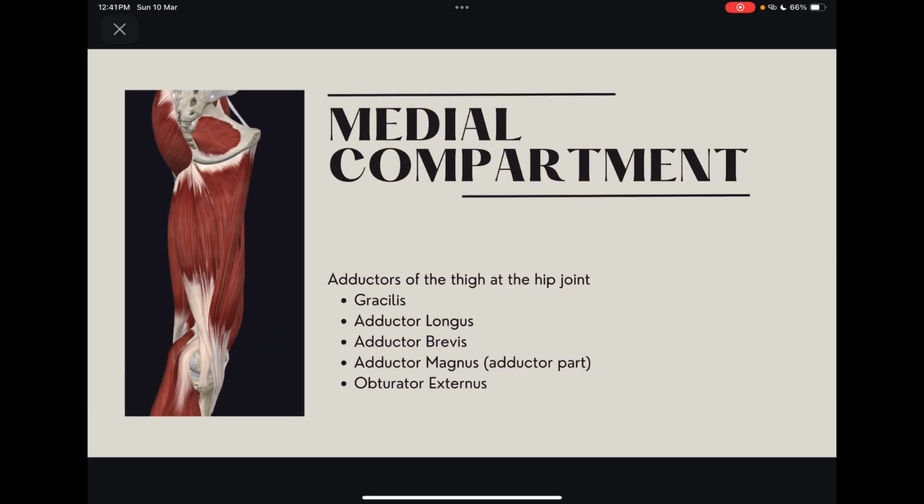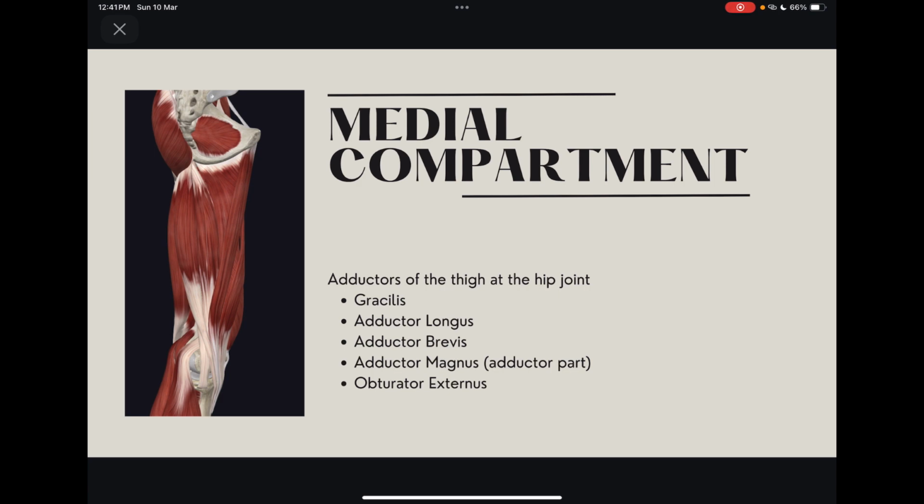The medial compartment muscles are the muscles that will cause adduction of the hip joint. They'll only affect the hip joint, and they can mainly do adduction with some exceptions. So certain muscles will affect the knee, certain muscles will do other jobs or other movements on the hip joint,